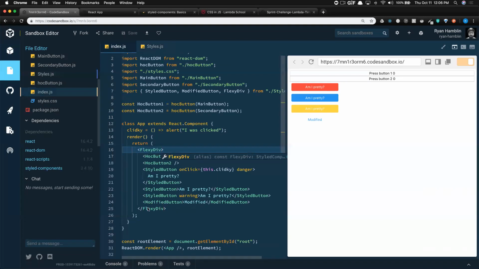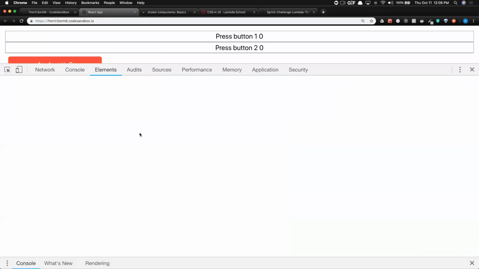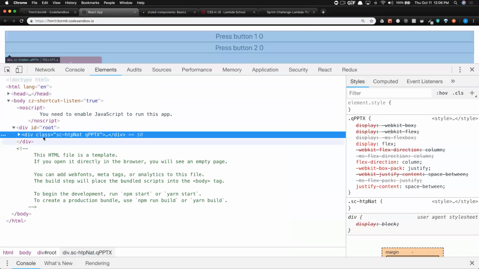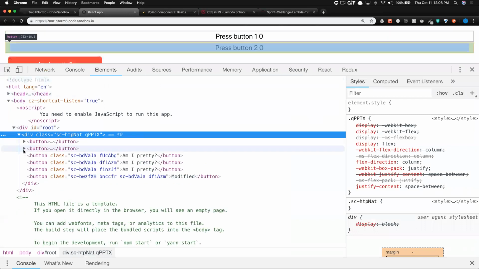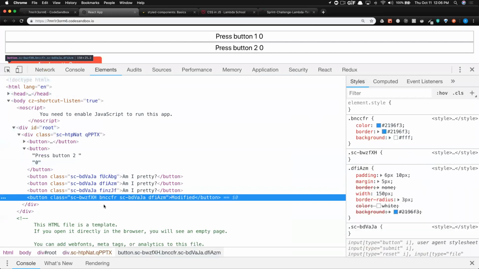Do the styles show in the dev tools? I'm super glad you asked that question. I guess this was my React app. Okay, so where would they be in the dev tools? Well, notice what's happening under the hood. You're getting your classes, but you don't have to define them. Notice this last button has a bunch of different classes. It has specific styles being applied to it. So where do these styles come from? Well,